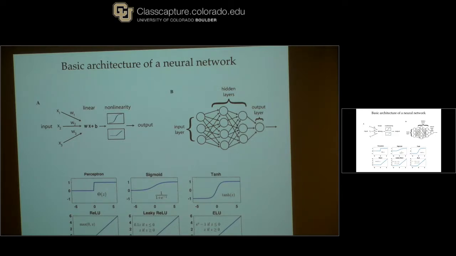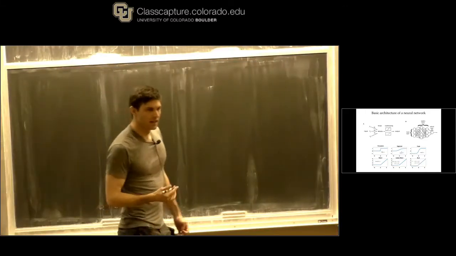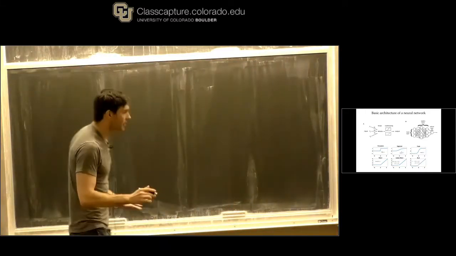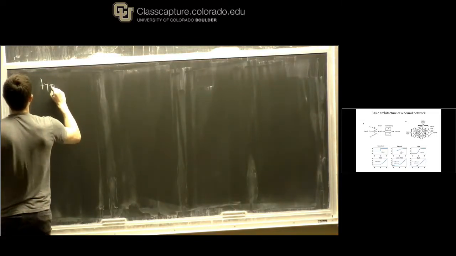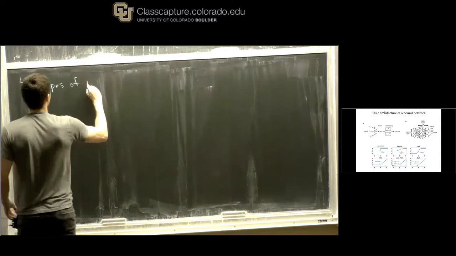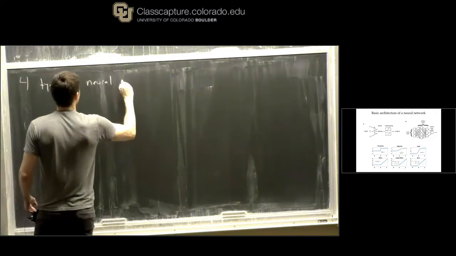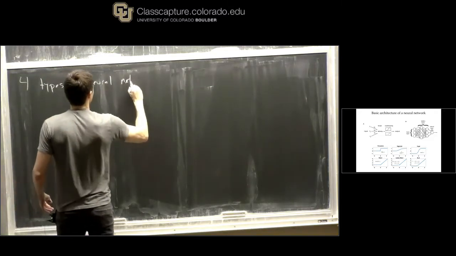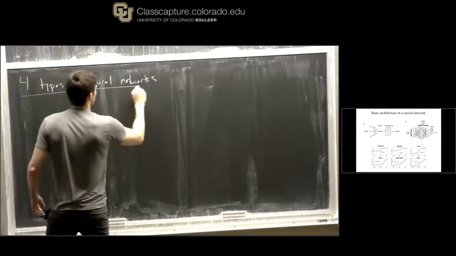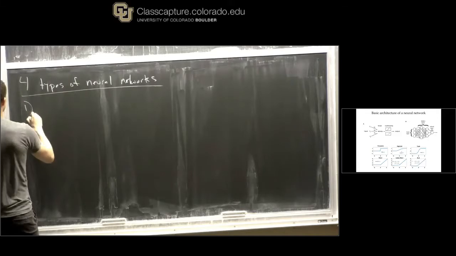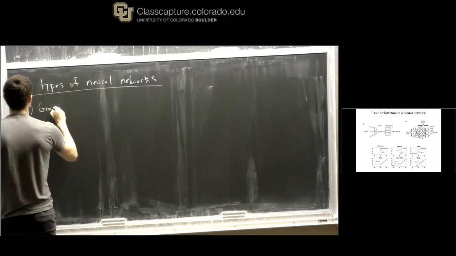But I want to emphasize that there are four categories of neural networks, and I'm only going to talk about one of them today. And I'll talk about another one of them tomorrow. So the first is general purpose